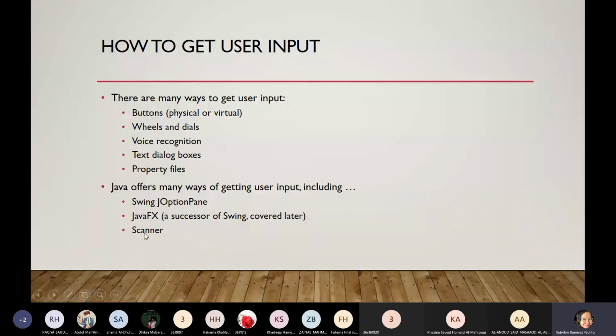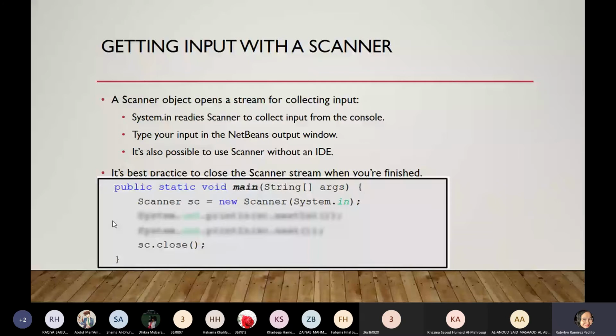We are to input from our console or from our keyboard using the Scanner class's input methods. This is a class, and inside this class, there will be many input methods. Okay, a Scanner object will open a stream to collect input.